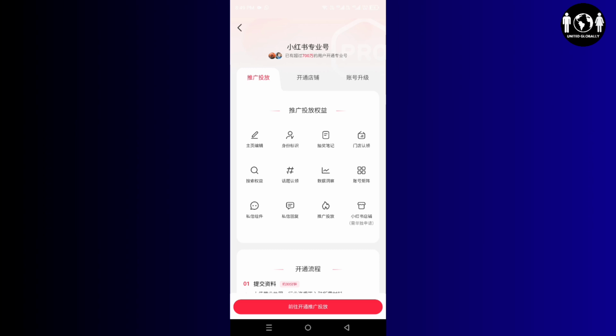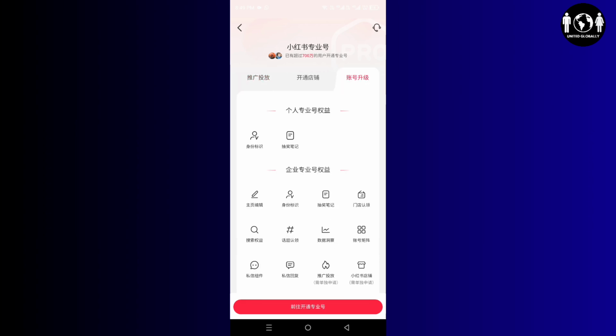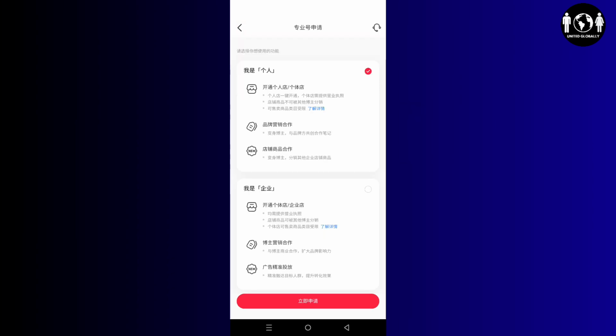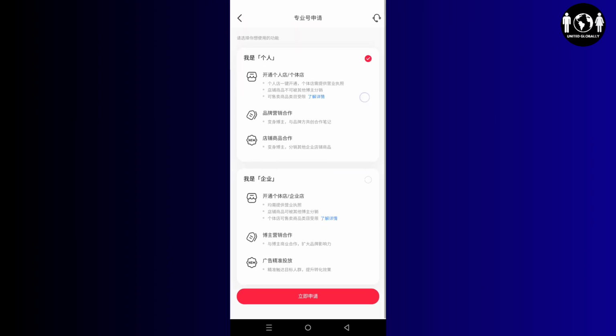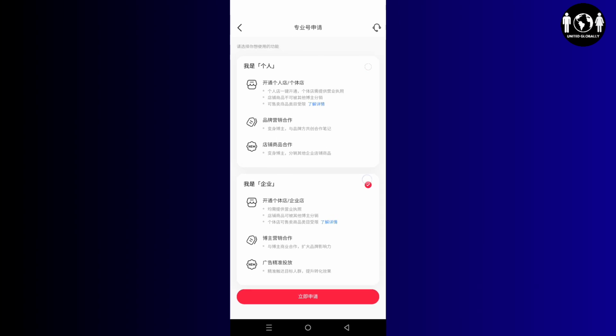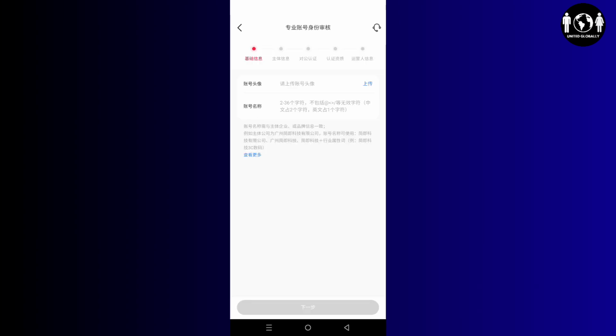Here at the top we have three options. You have to click onto this right one, whatever it is written in Chinese. Now you have to click on this pink option which is at the bottom, and here we have two sections. You have to select the second one. You have to click onto it and then click onto this red option, and now it will ask you to